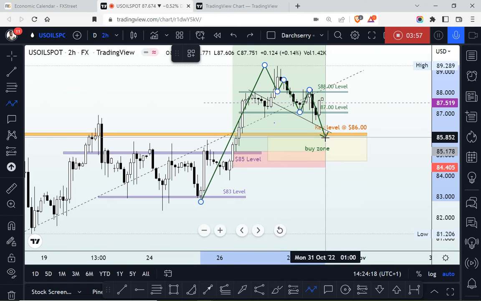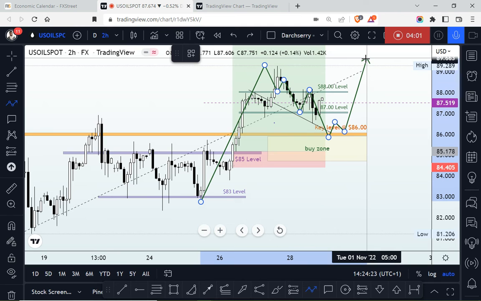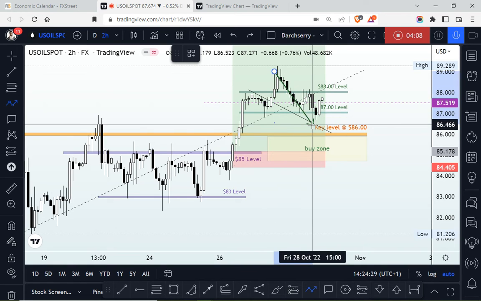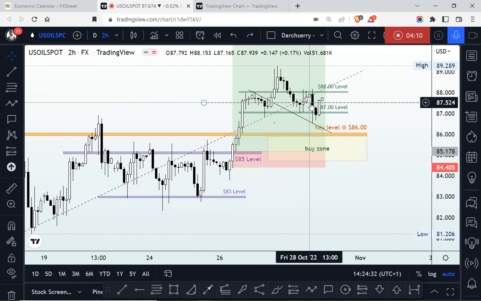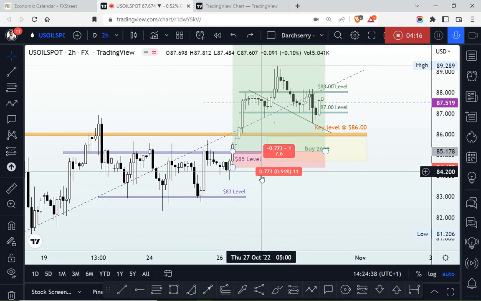At the end of the retracement phase is when we want to be looking out for a buying opportunity to take advantage of that second wave of that bullish momentum. So how far this retracement phase is going to go is what we don't know. So in order to have a projection of the possible area where the retracement phase is going to go, we